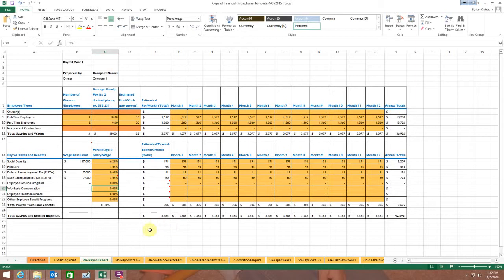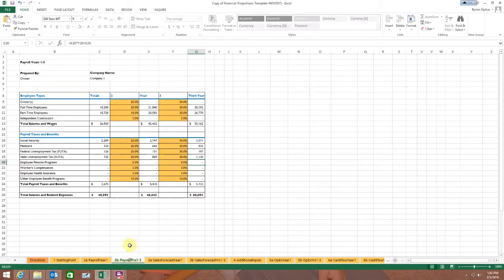for the employees. Then we go to payroll, the next one, and everything's yellow there, which means that we don't necessarily have to change anything, but we could. Here I think a 20% increase and then a 30% increase is too high. There's no way I'm going to pay my workers that much, so I'm going to put in a 5% increase, which I have to enter as 0.05 for both of them.